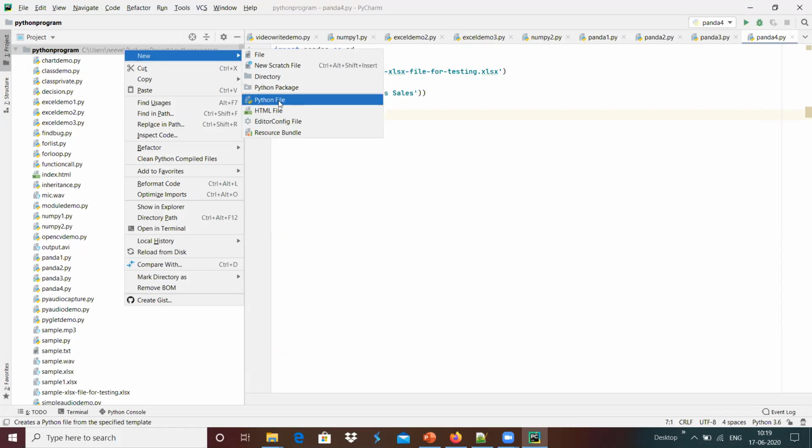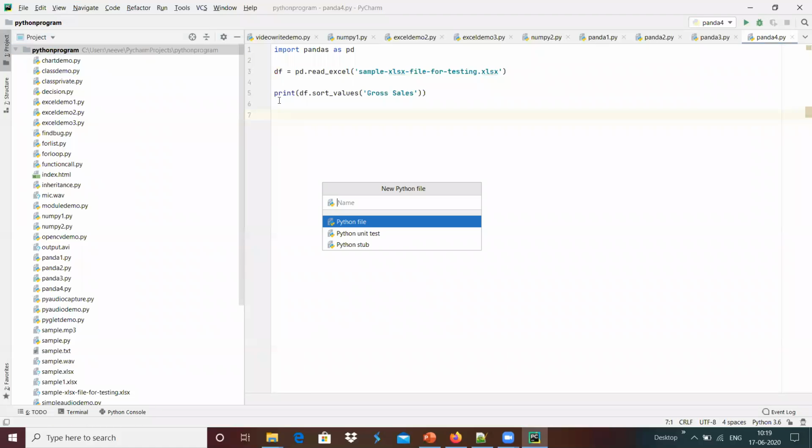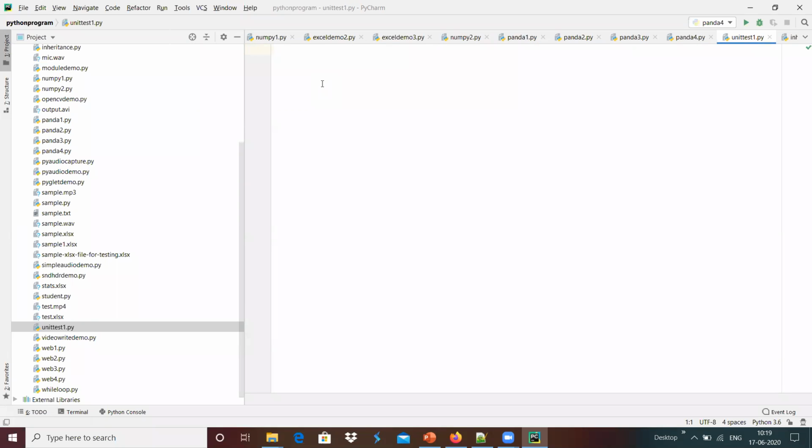New Python file, maybe unit test 1.py over here. And once it is done, I'm going to import unittest. Then we can create a class, something like a test, something like we can do a division of